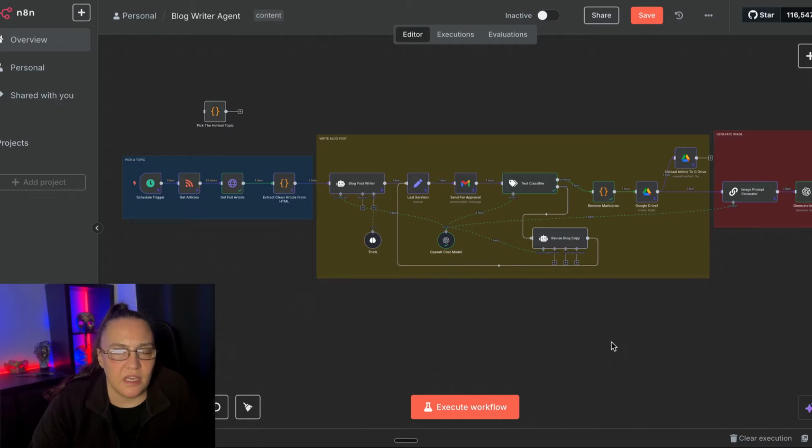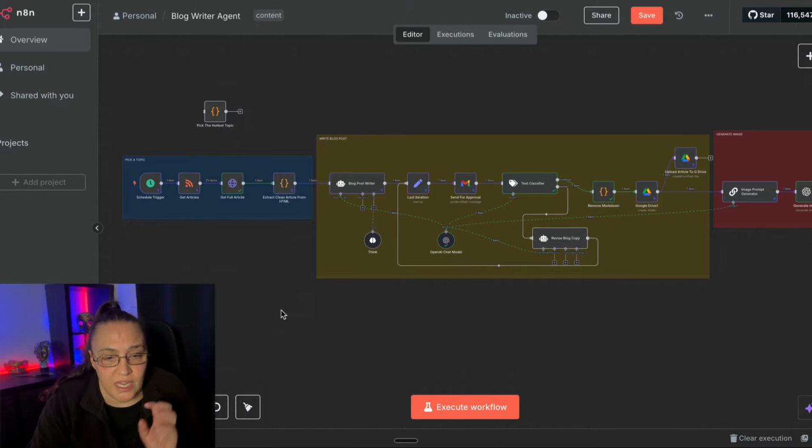Automated blog writing is a great way to create daily content completely hands off and bring traffic to your website, whether you're selling products, services, or you're just creating brand awareness. Blog posts and articles are a really great way. And if you don't have to pay for it, or spend the time to create them, that's even better. So I'm going to walk you through this workflow, this blog agent that I just created